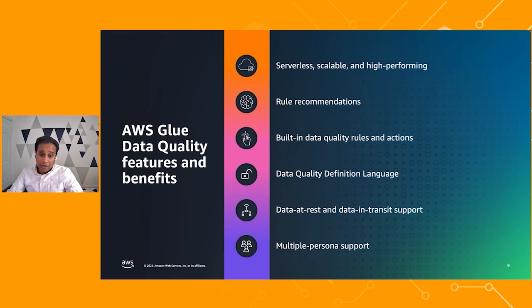Glue data quality supports data at rest, which means that you can manage quality of data in databases, and also in transit, which means that you can embed this into your pipeline so that you can avoid bad data entering in. We provide data quality in two different places. So in the data catalog for data stewards to manage quality, as well as the data pipelines or Glue ETL, so that your data engineers can also perform data quality checks.